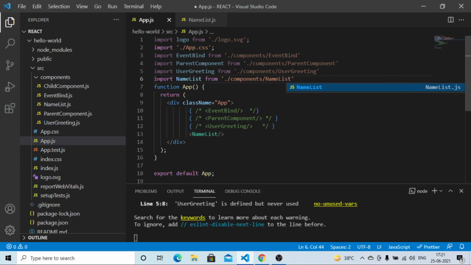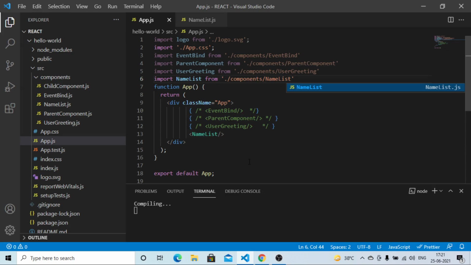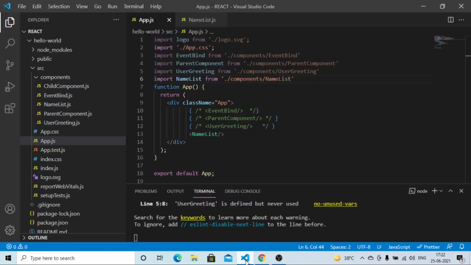Save this file and take a look at the browser. You will be able to see these 3 names rendered in our browser: Amit, Anil and Anjali.